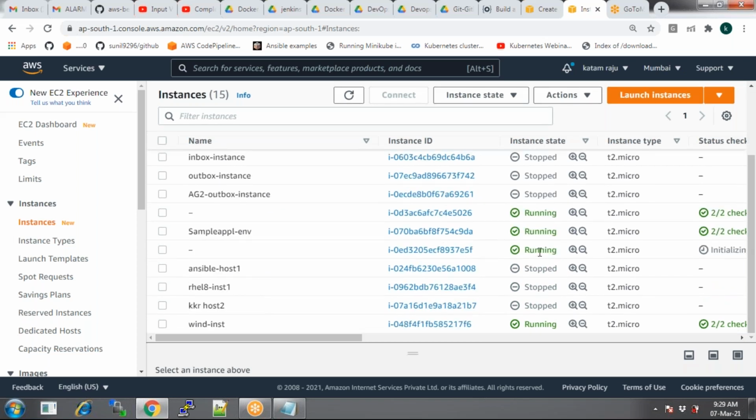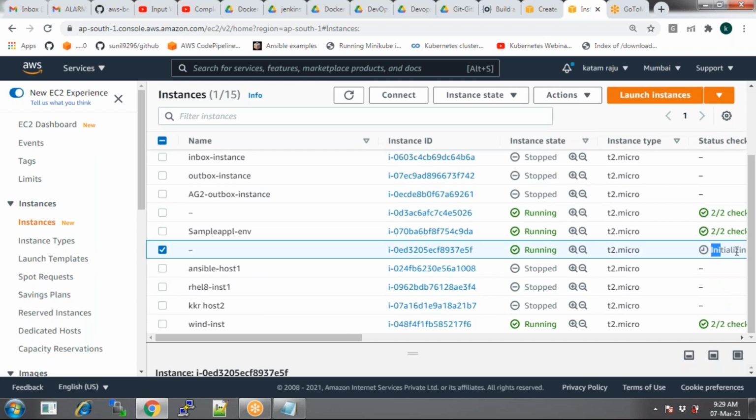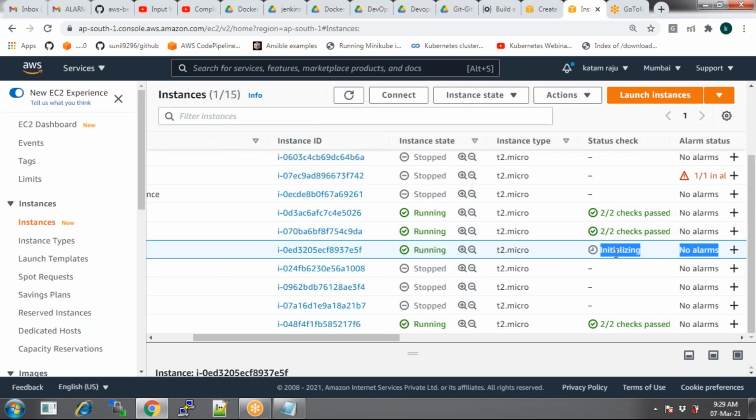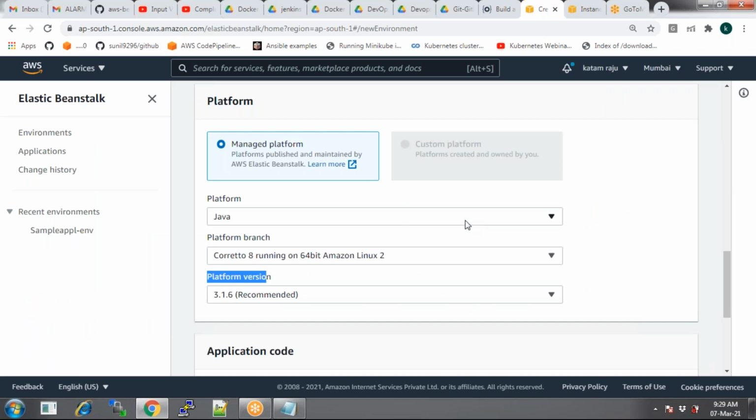I think that is our new instance. What is the status? Initializing. For the EC2 instance, I had set up my auto scale groups. That's the concept of auto scale groups. But for the instance which I'm going to create under Beanstalk, I'm not going to do any auto scaling. Simply I create the instance.